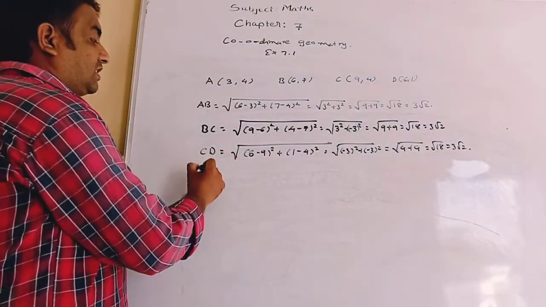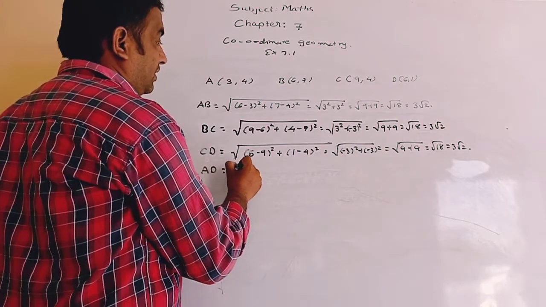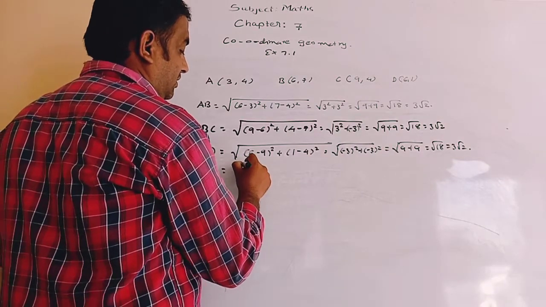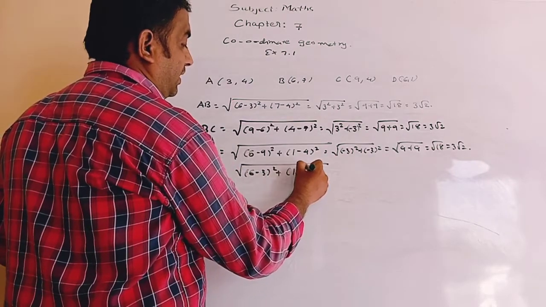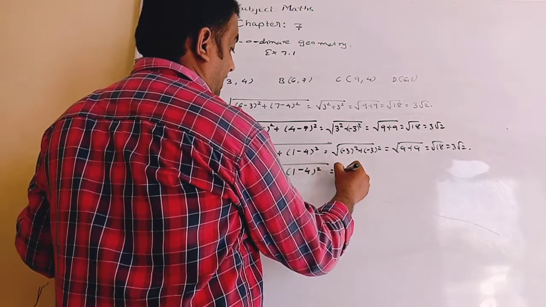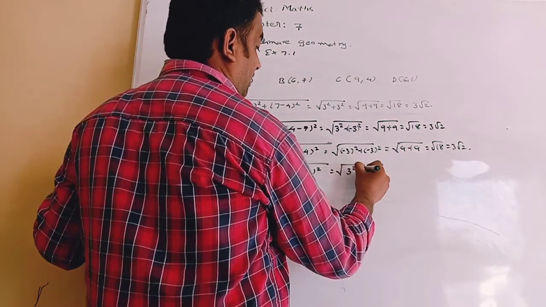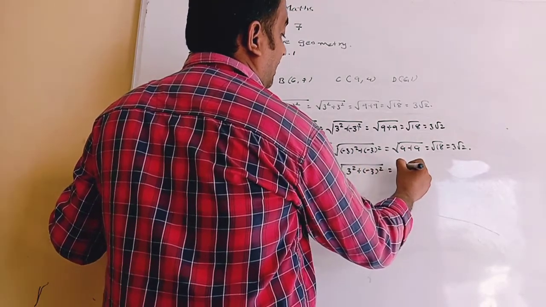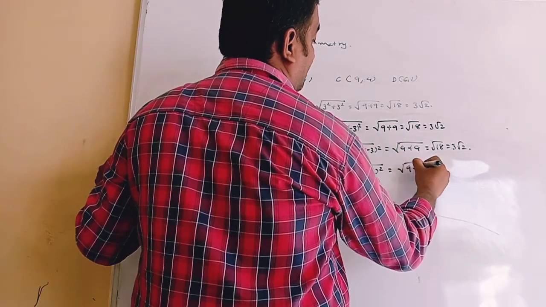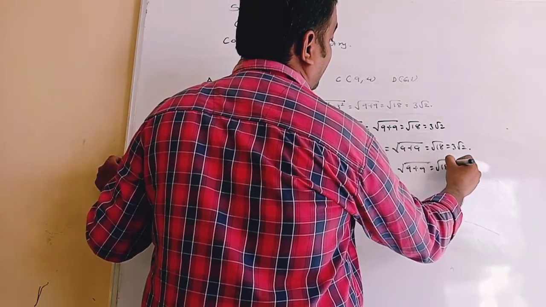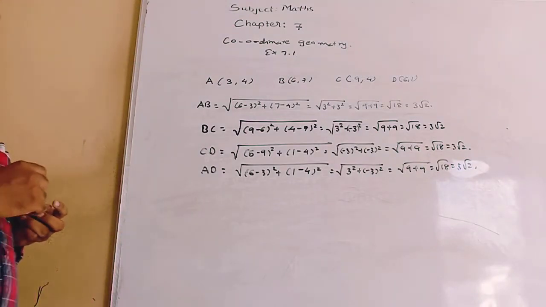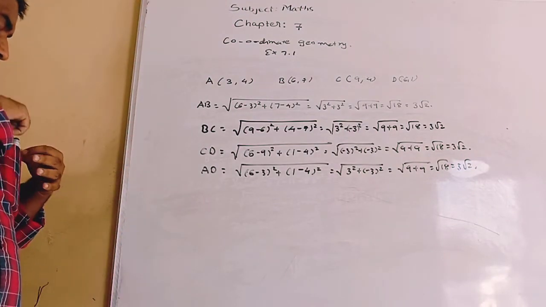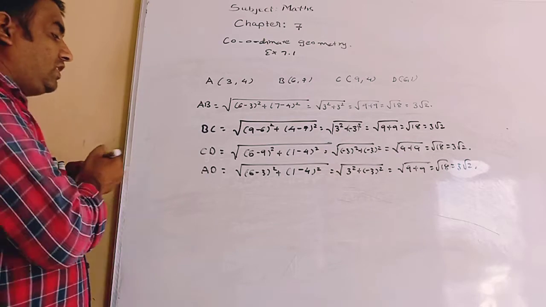And AD distance we find: (6 minus 3) square plus (1 minus 4) square, so we can write it is 3 square plus minus 3 square, and so it is 9 plus 9, root 18, it is 3 root 2. So we can see that the 4 sides are equal, so it can be a square, but we have to check the diagonals. So diagonal AC